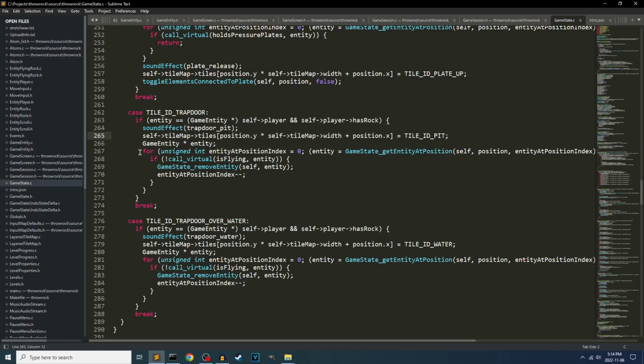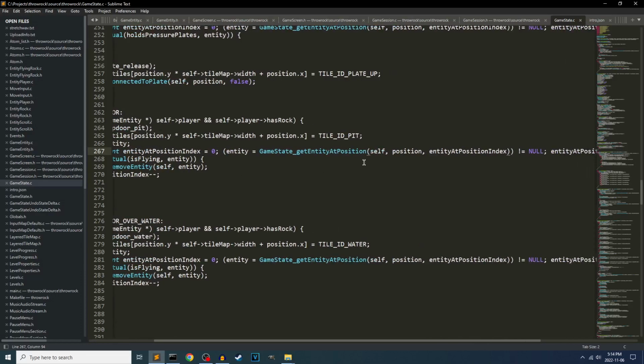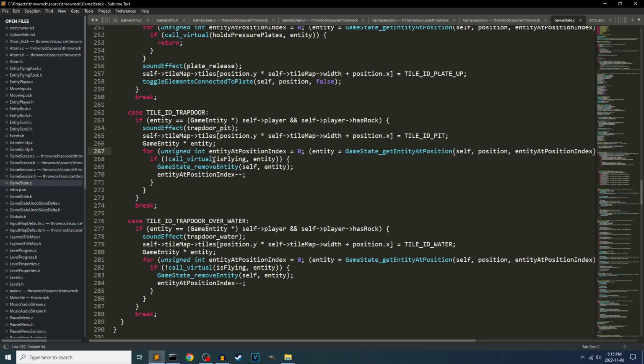Right, and if there are any entities there, which would include scrolls and rocks, and they are not flying, so it would not include flying rocks, then that entity gets removed. And right, entities falling don't get their own sound. It's all just included in the trapdoor falling. Right, but I could do a separate sound effect. I'd want to coalesce them so it only played the fall sound once, even if a bunch of things were dropped. I guess a bunch of things being dropped would mean you'd have to have a trapdoor with a scroll and a stationary rock on it. Anyway,